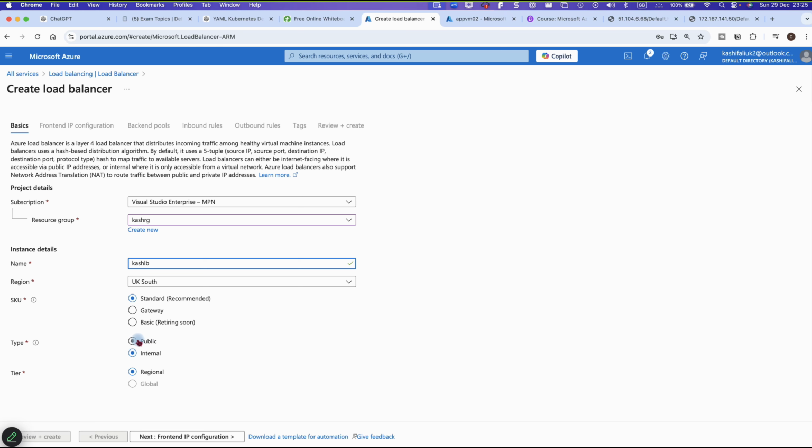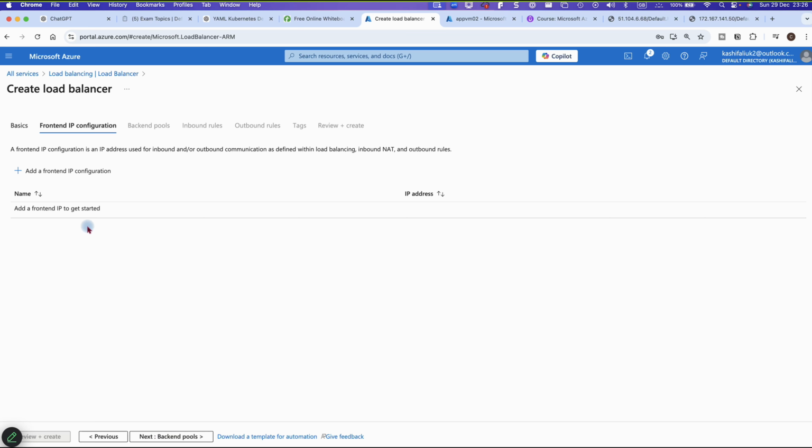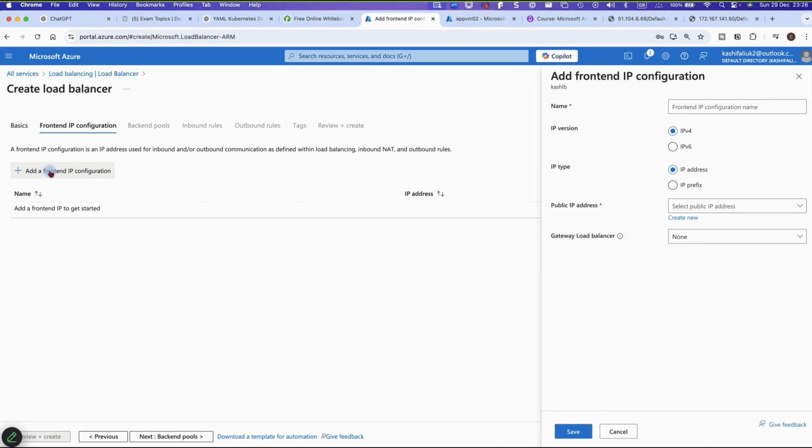We want traffic from the internet coming to this machine, so we use public. And yes, this is what I was just talking to you about. So we need to add a frontend IP configuration. So we add, we call it a public IP, like I said. So we call it load